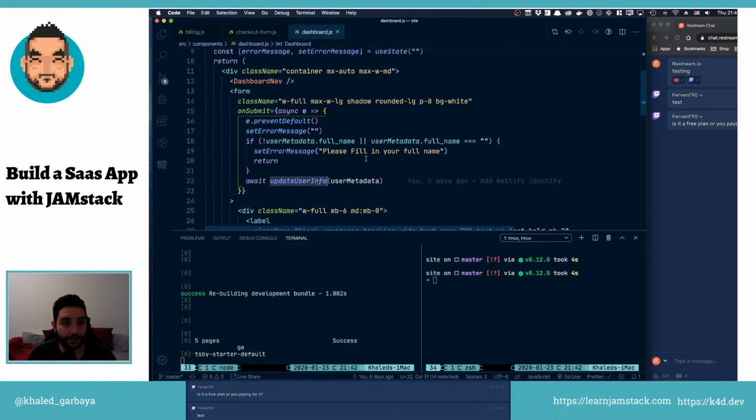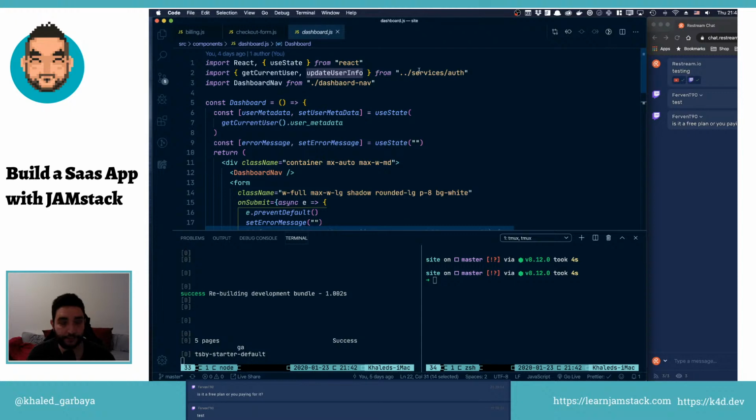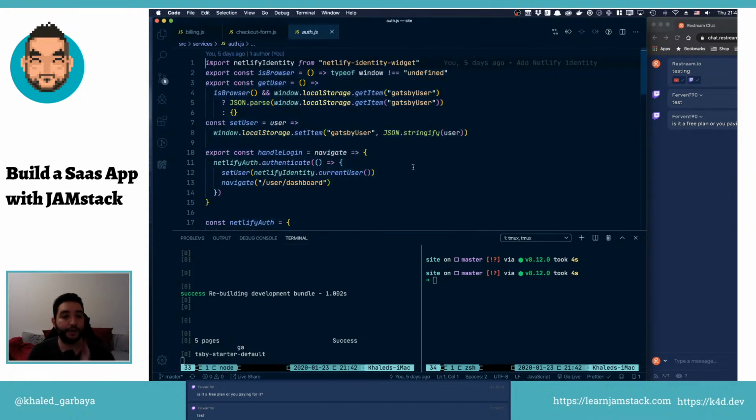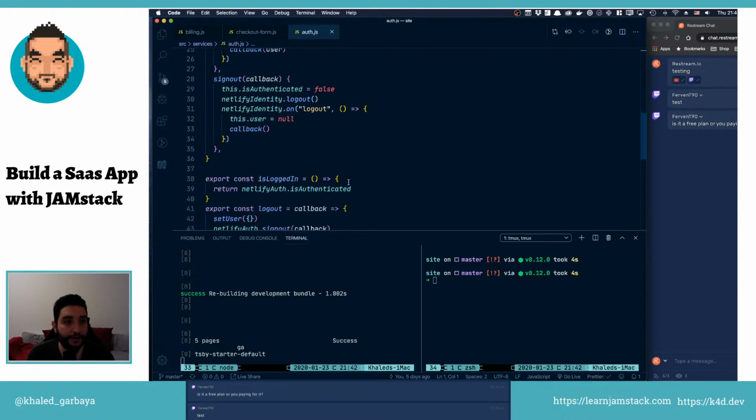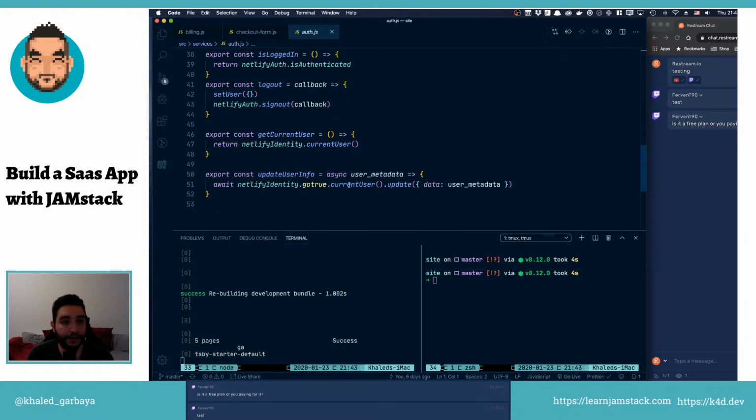Here we have this update info from this auth service, and what it does, where is it? Here. It actually attaches this data to the user, and this is coming through like a user_metadata. So we can actually, we probably don't need a database for this, and we'll use this trick with the metadata in the identity to store the Stripe customer ID. So next time when we